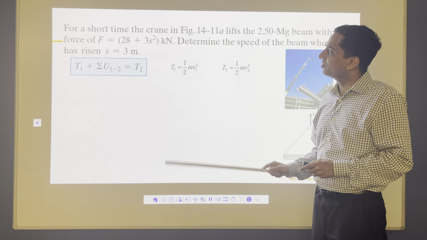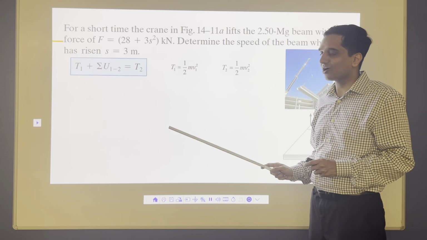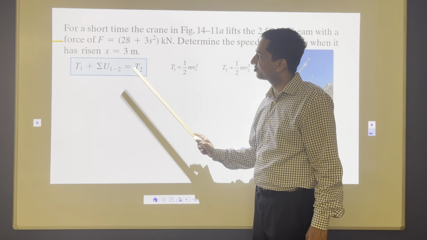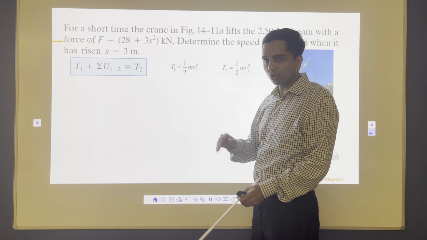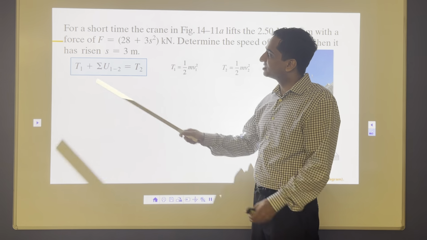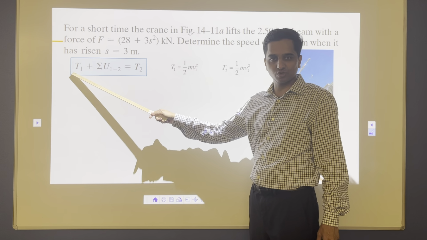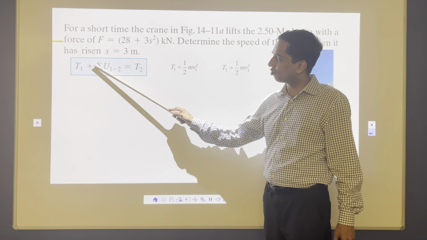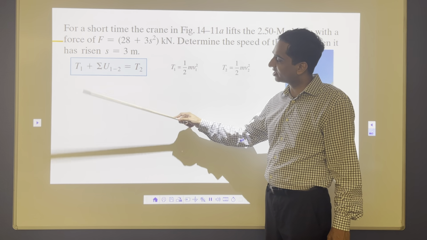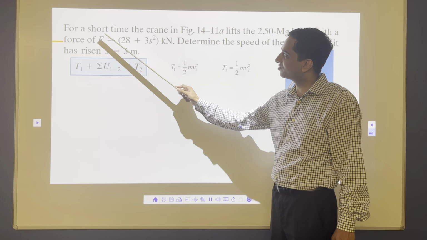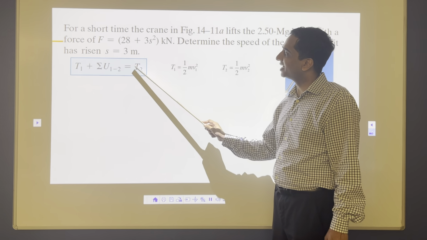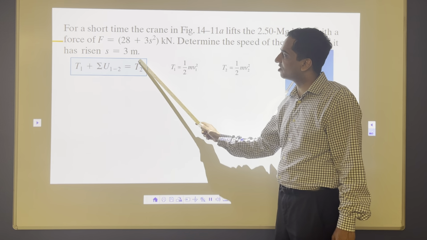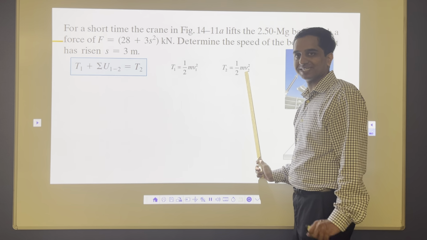So for that, we are going to use the principle of work and energy. How does it work? Initial kinetic energy plus work done gives final kinetic energy. So we are going to consider the total journey from 0 to 3 meter. At the 0 meter mark, it has 0 kinetic energy, because 0 velocity. It's on the ground. Then you apply force, that's your work done, and lift it for 3 meters. That's your force times displacement, force times 3 meters. And then T2 at the 3 meter mark, you are going to have some kinetic energy. So if you can get the value of T2, you can calculate V2. It's as simple as that.